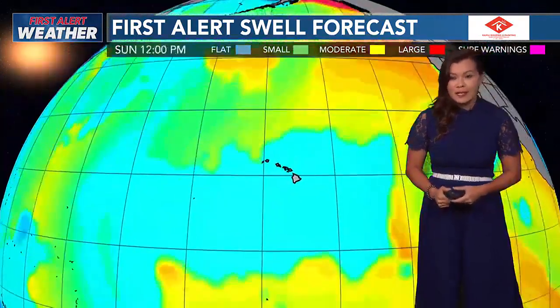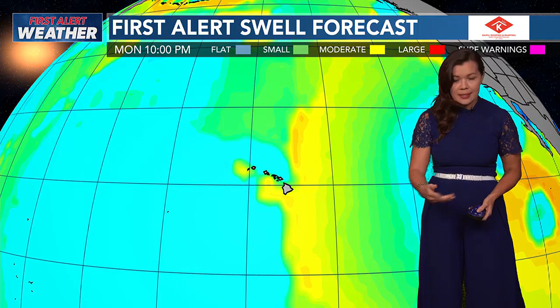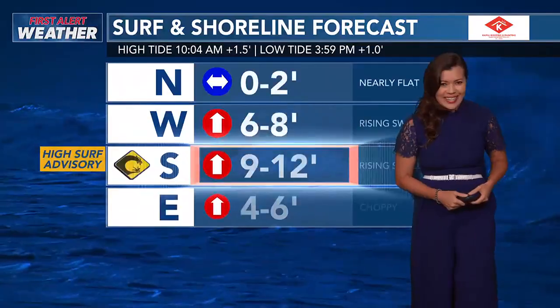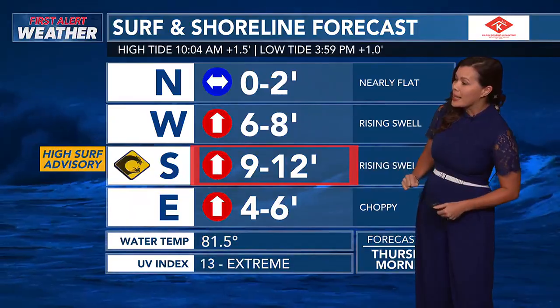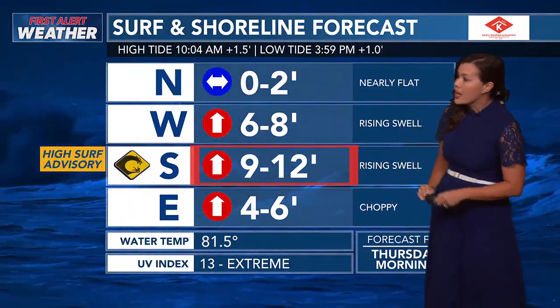And we're seeing all that energy wrap around the islands from the southern hemisphere. And you see, it's going to stick around for quite some time, at least through Friday before it subsides. And then by the time we get into Monday and Tuesday, an east swell will be making its way closer to the island chain. On north-facing shores, 0 to 2, 6 to 8 on west-facing shores. There's that rise on south-facing shores with a first alert, very close to warning level conditions, and 4 to 6